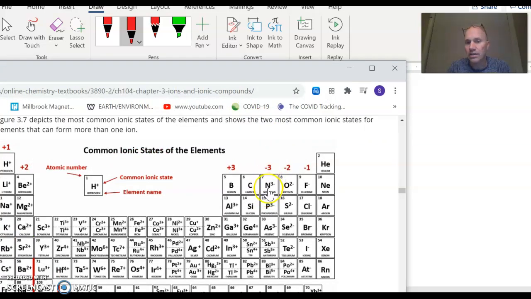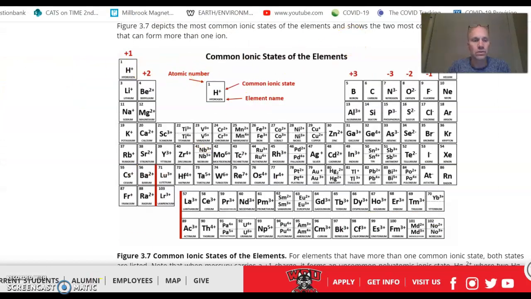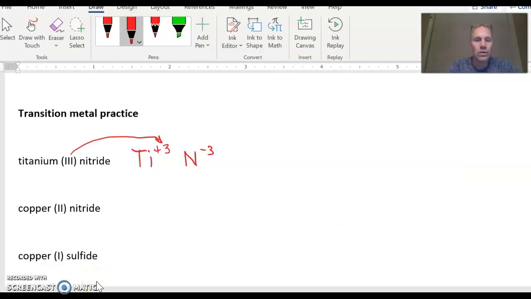Nitride is the negative ion of nitrogen, and you can see it's in that -3 column right there. So we can crisscross these two things, put this 3 over here, Ti3N3, and you then have a 3-to-3 ratio,